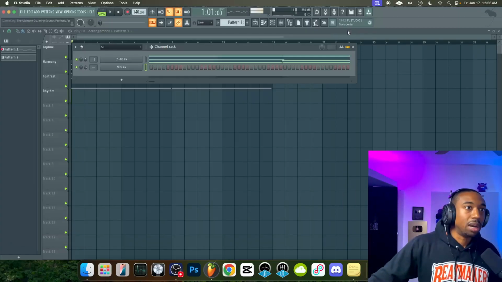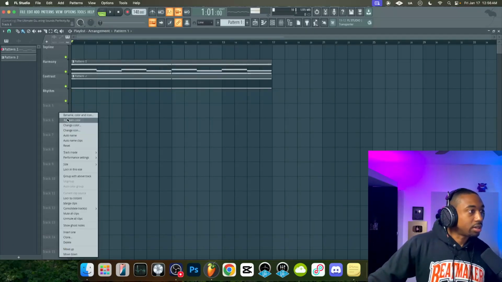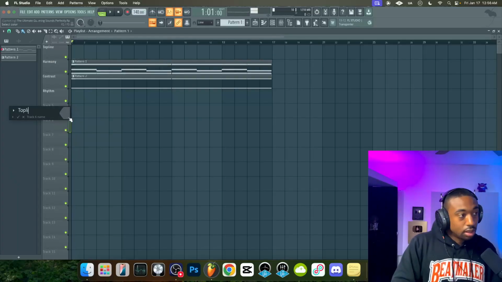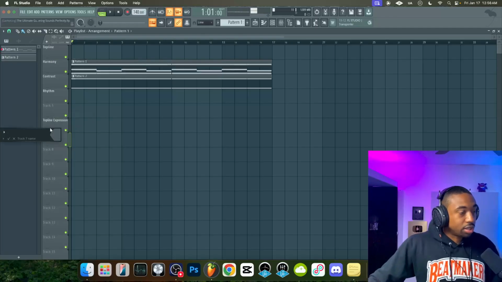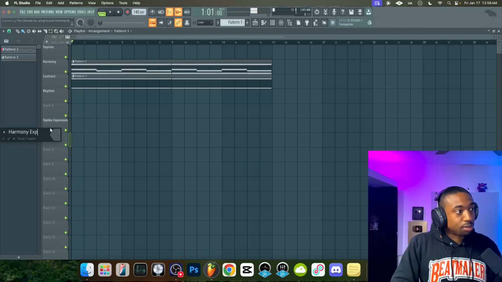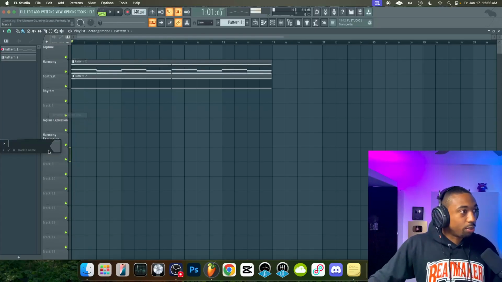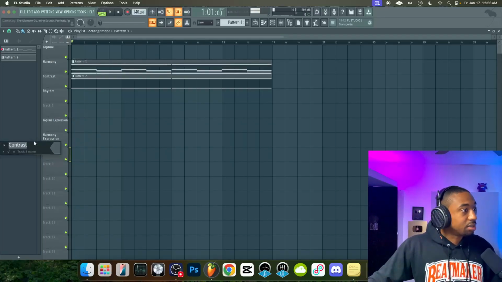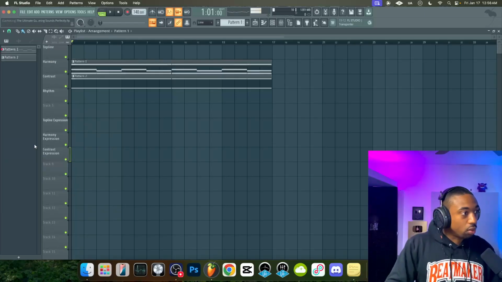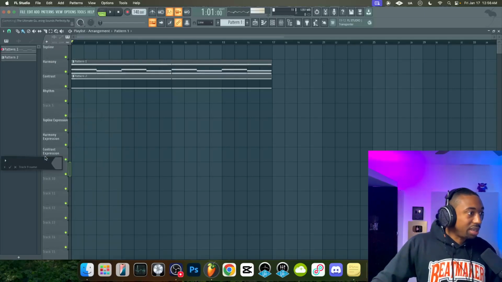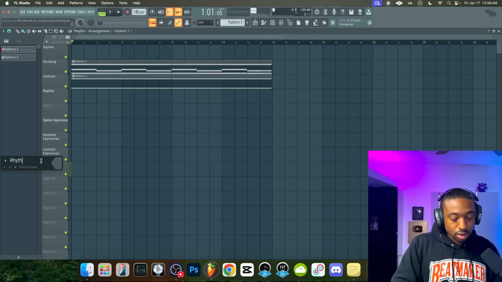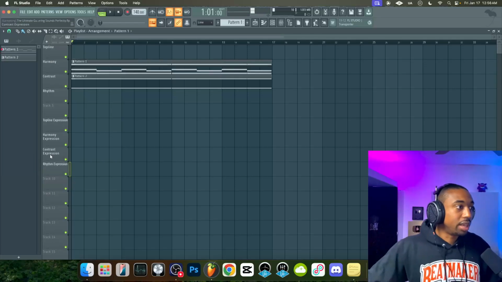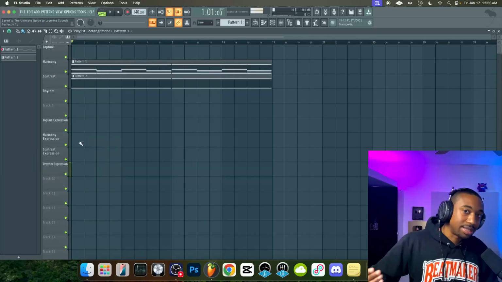In my course, I teach what are called expressive layers. So we're going to copy these layers. But for these layers, we're going to say top line expression, harmony expression. And what I mean by expression is we're being a little more animated with the notes. Instead of simply just playing the notes, we're going to be doing note runs, pitch dives, bass slides, different things like that to create ear-catching things. And this is how we extend the layers.